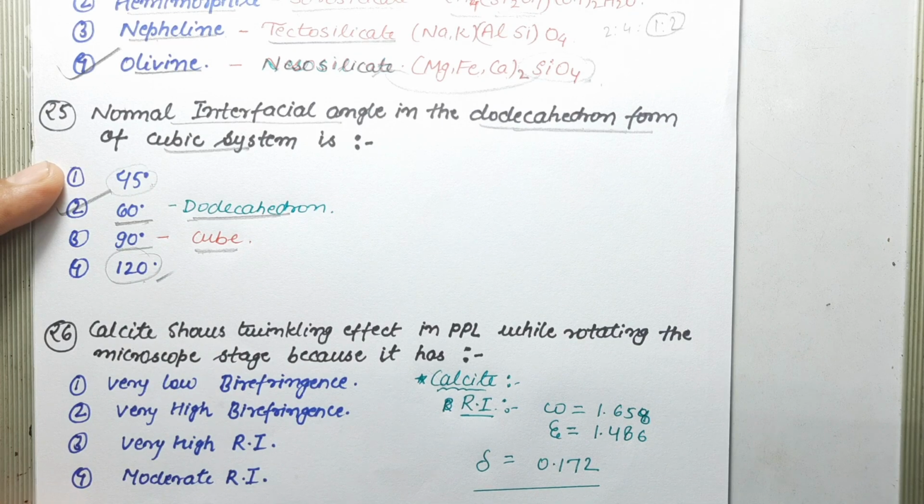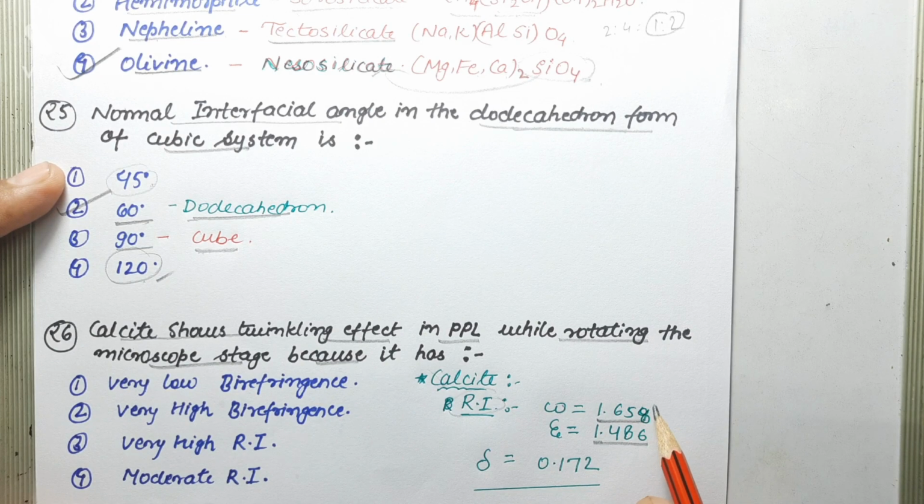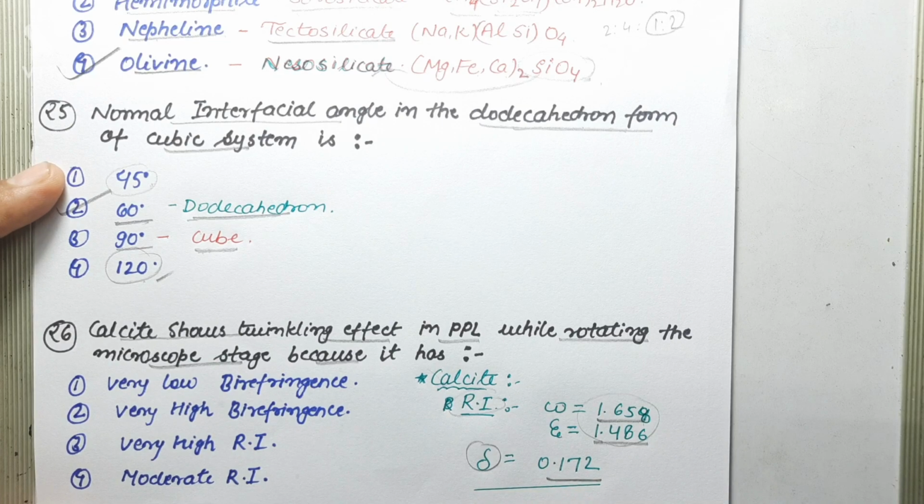Next question says calcite shows twinkling effect in PPL while rotating the microscope stage because it has. Okay, so calcite has refractive indices omega 1.658 and epsilon 1.486. Now on subtracting these we get birefringence, that is 0.172. So clearly calcite has a very high birefringence, and because of very high birefringence, on stage rotation it